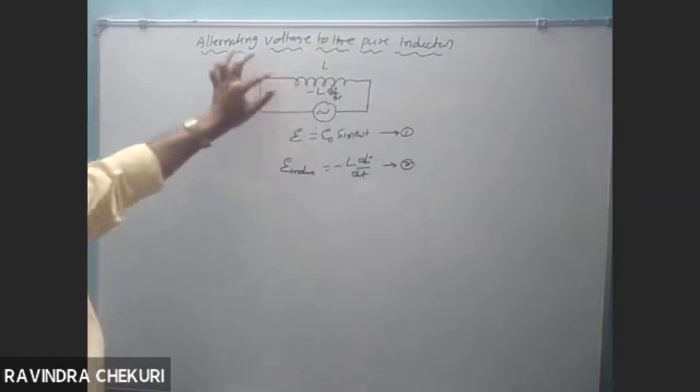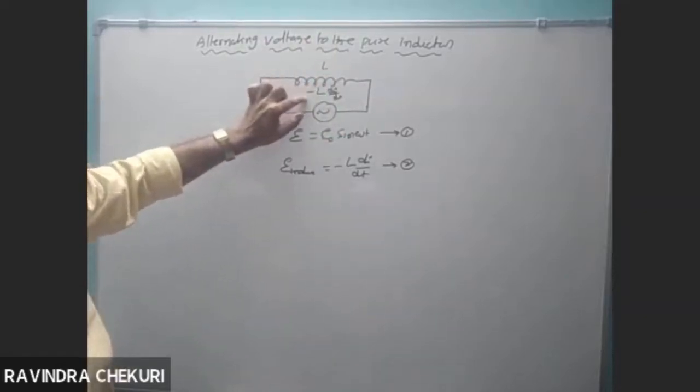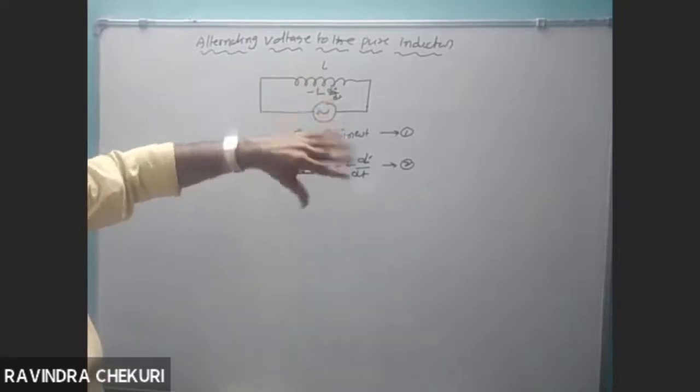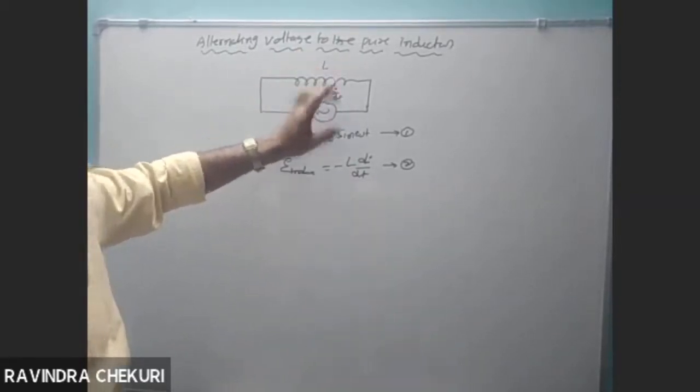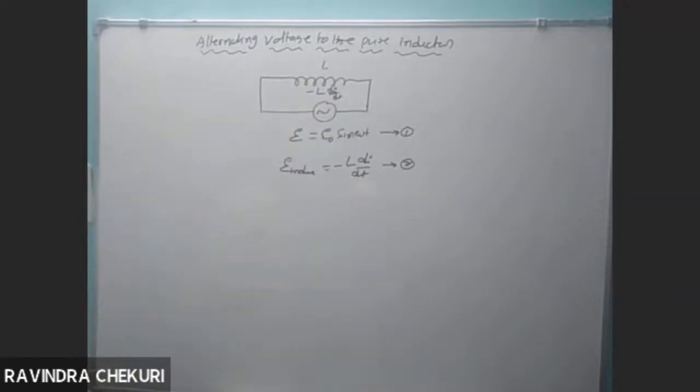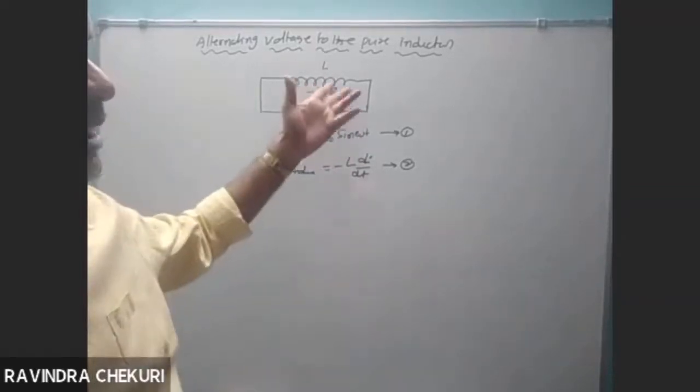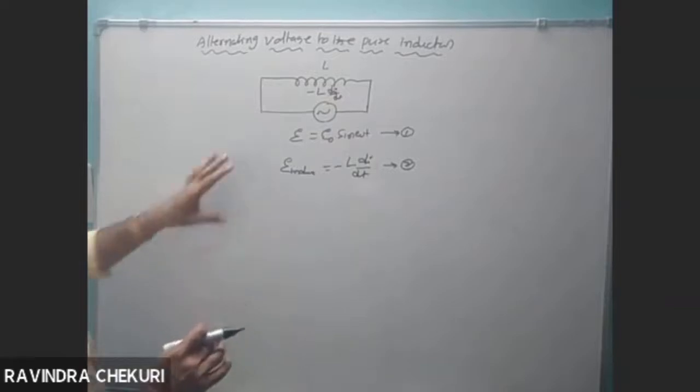What is the net resistance in the circuit? Zero. Net resistance, not reactance; reactance and resistance are different. What is an inductor? A coil with negligible resistance is called an inductor. So according to Ohm's law,